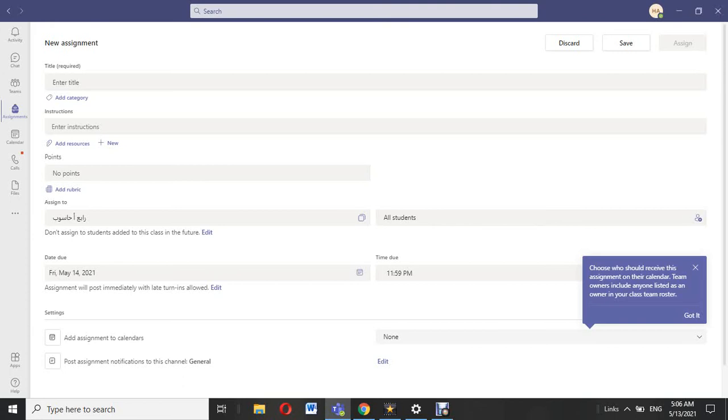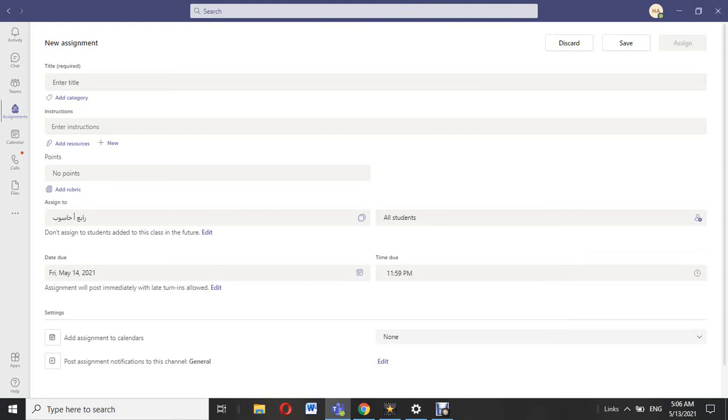We have the option to schedule the time of the assignment, in which day or which time exactly we start the assignment and when we finish it. And the option of whether it's for all the students or for specific students, and we can also edit the assignment anytime by saving the assignment. And after we write all the details here,